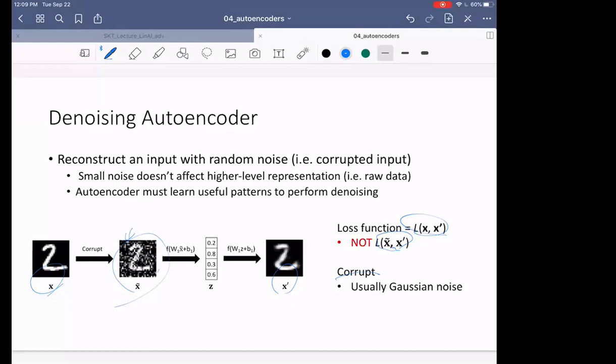That is because you're using Gaussian noise to make your corrupted input. So you can see that the denoising autoencoder is very similar to PCA, or singular value decomposition, because when you do singular value decomposition and use the larger singular values